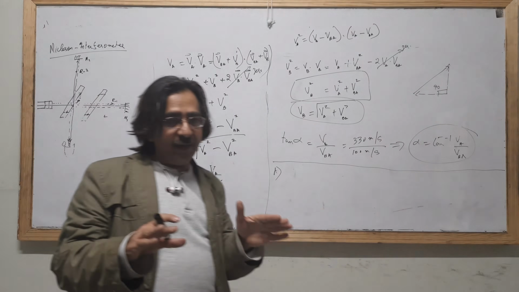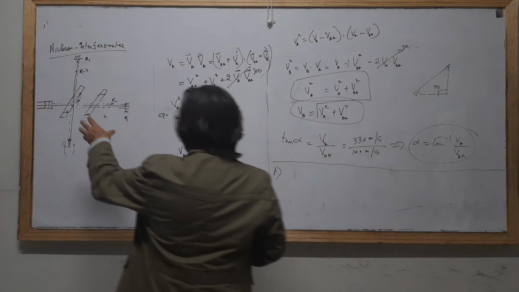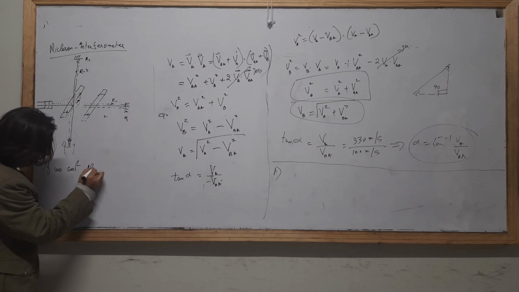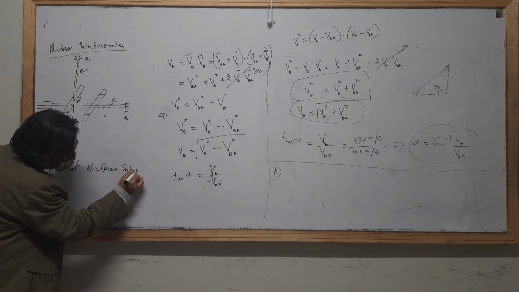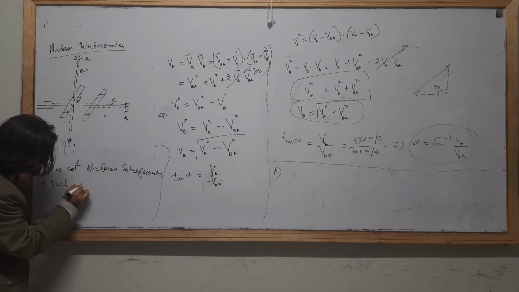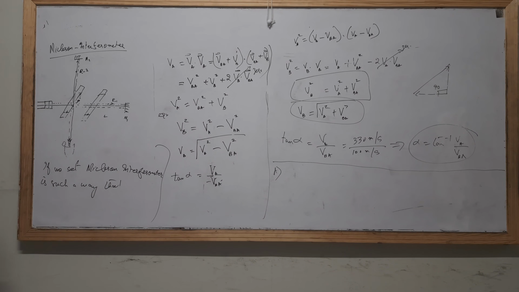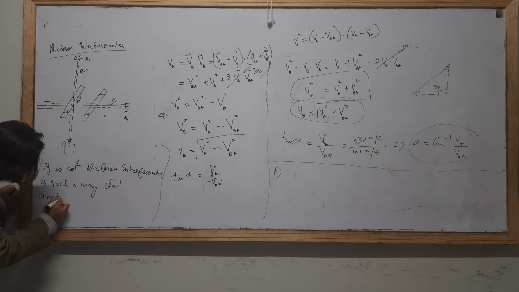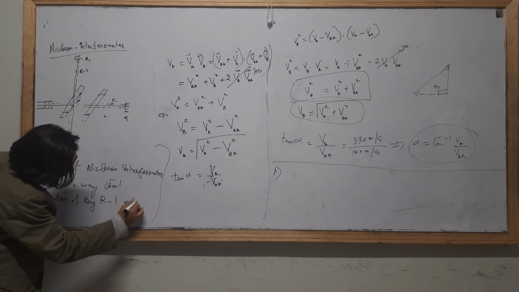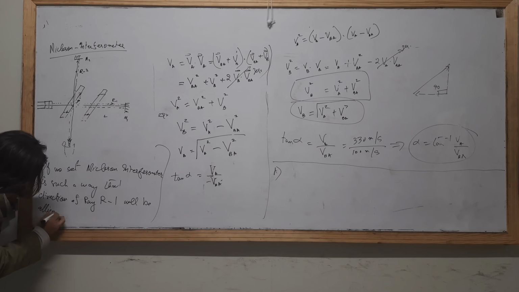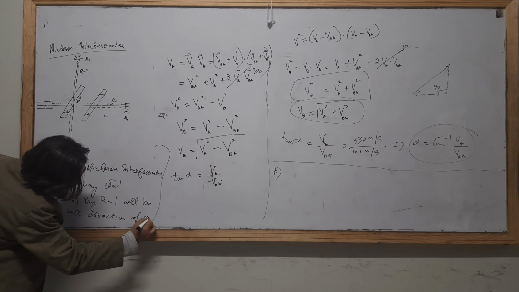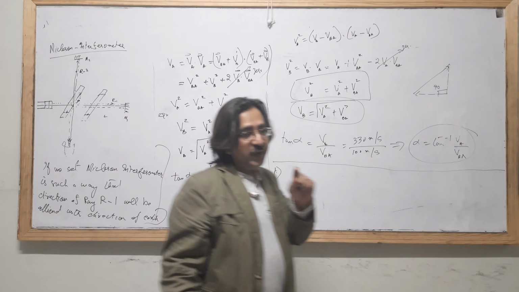If we set it in this way, Michelson set it in this way, that the direction of this ray, if we set the Michelson interferometer in such a way that the direction of ray R1 will be aligned with the direction of Earth. If we align in such a way,